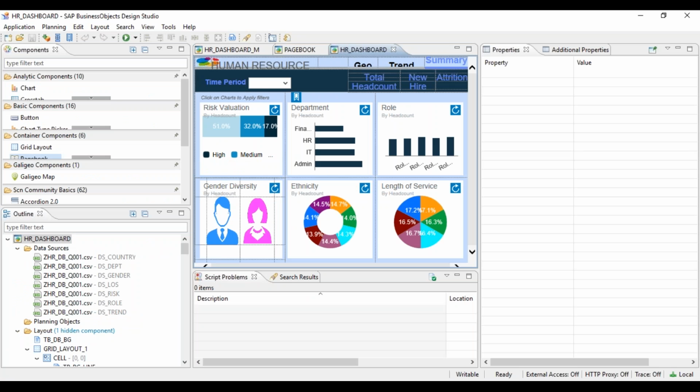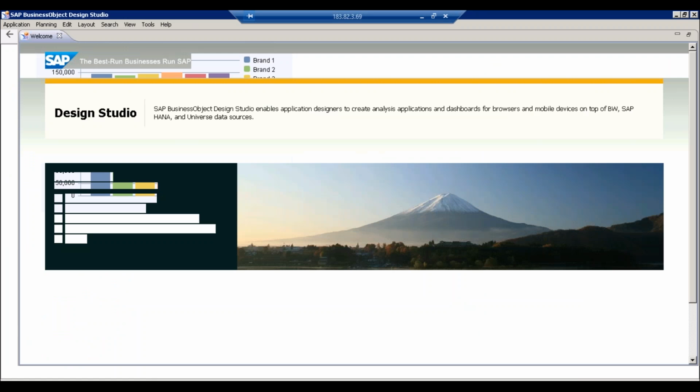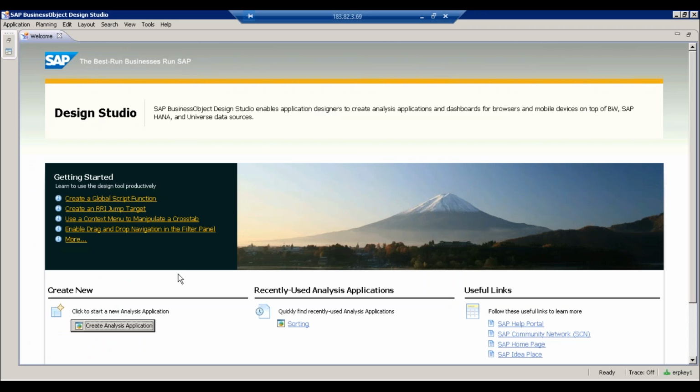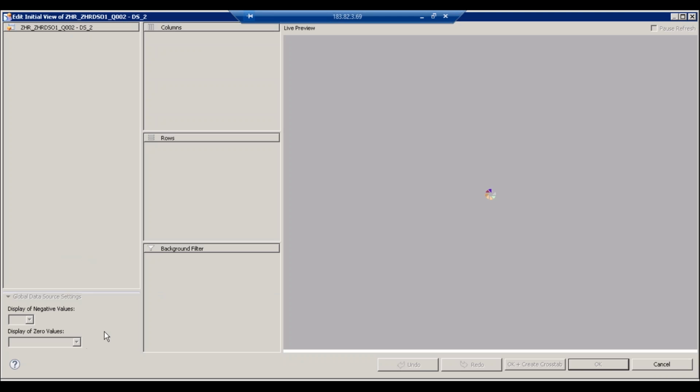I was just thinking, if we have some scenario for a flat file and we don't know how to create the metadata, probably we can take the reference. If you have a BW system and you want to use the data in local mode, this is 1.5, so you don't have that option here. In 1.6, when you are connecting with BACS, you edit the initial view, and there you have the option to export it to CSV. This data will export into CSV and it will create the metadata file for you.